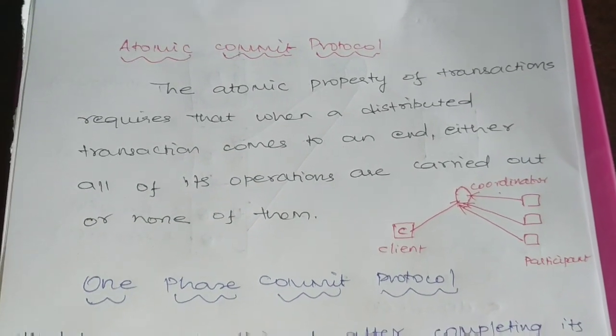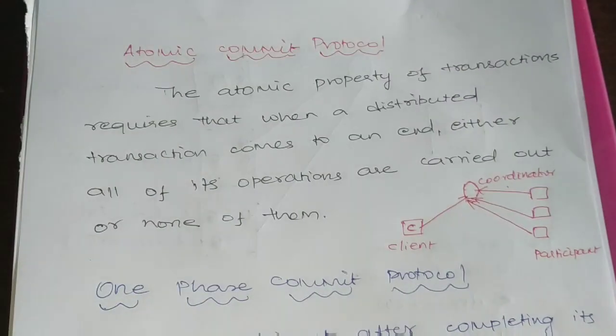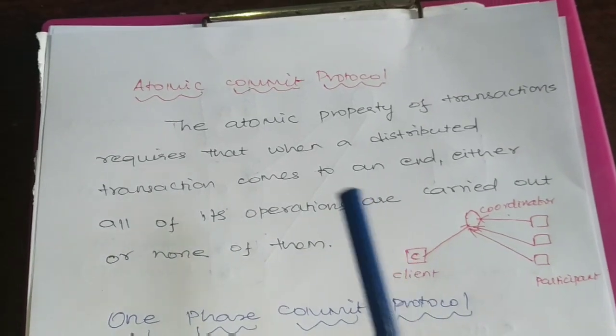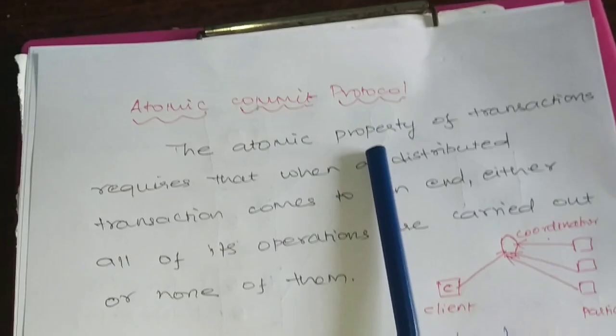Good afternoon, students. In this class, we are going to see about the atomic commit protocol. The atomic property of transaction. We have already seen the atomic property, that is the ACID property, and the first property in the ACID